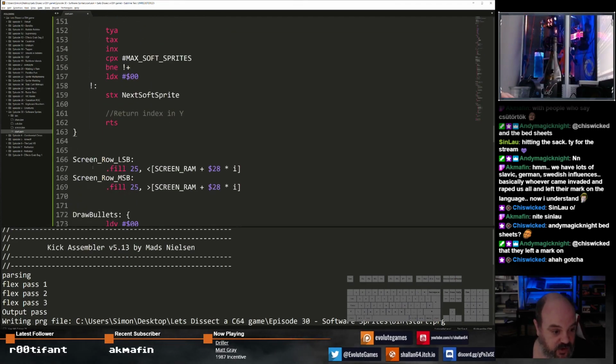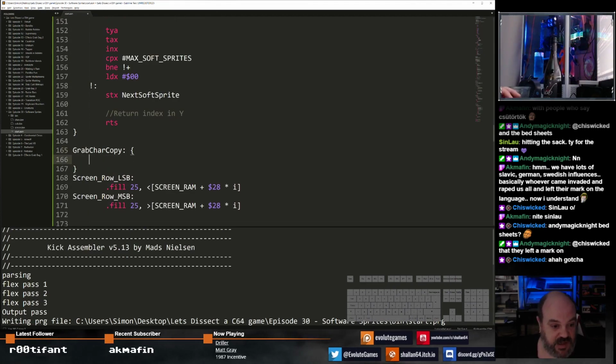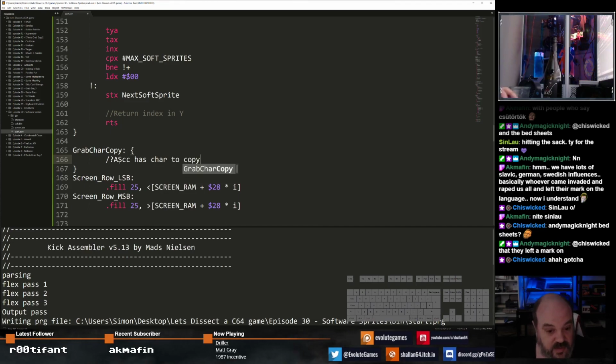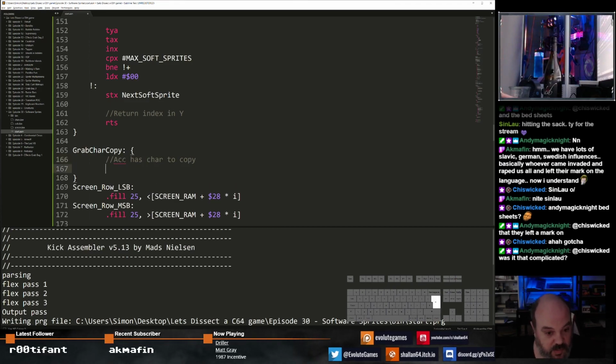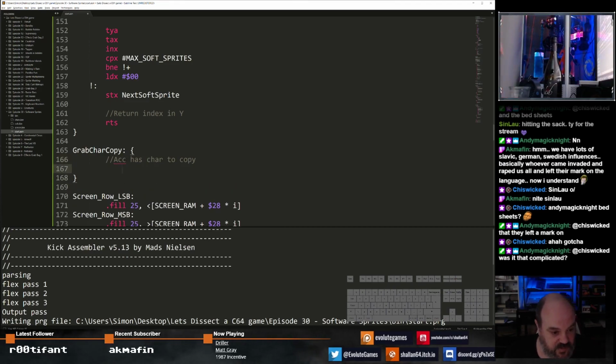And what this is going to do, the accumulator now contains the char to copy. So the accumulator contains the character that we need to copy. That's the character that originally we were storing in the original char. But what we're now going to do, instead of just storing the number that points to that, is actually copy the 8 bytes from that character